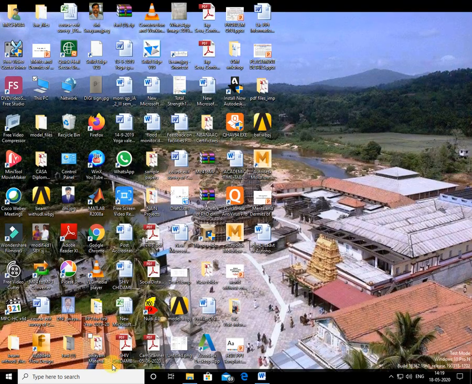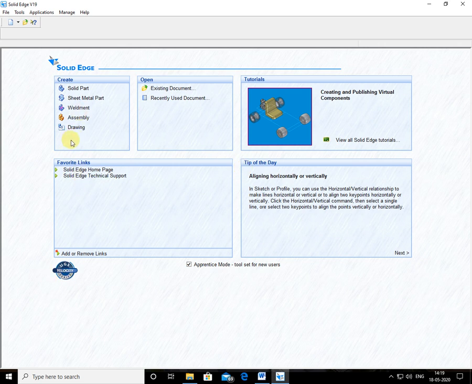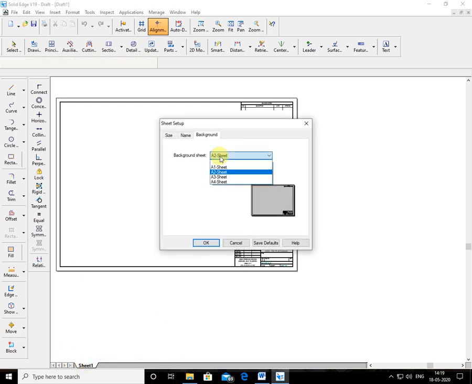Okay. Now here I'll open Solid Edge, right. So drawing, okay.